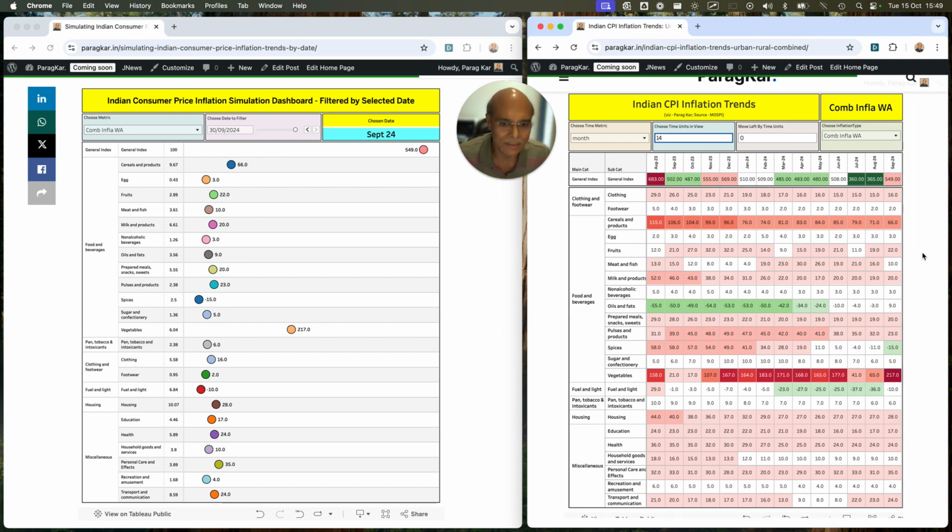The reason the inflation numbers were lower in the months of July and August, if you clearly see, is that the vegetables' contribution to the overall inflation numbers, on a percentage basis point, was very low. So that's the main story here. Simple as that. Now let me take you back in time.